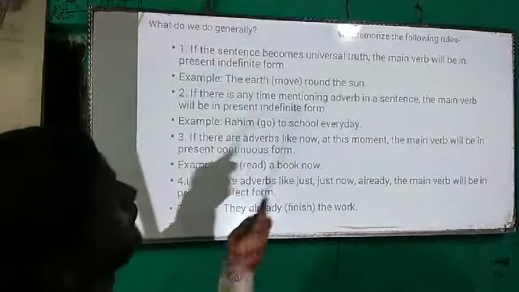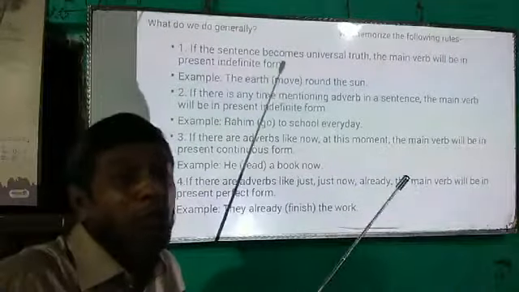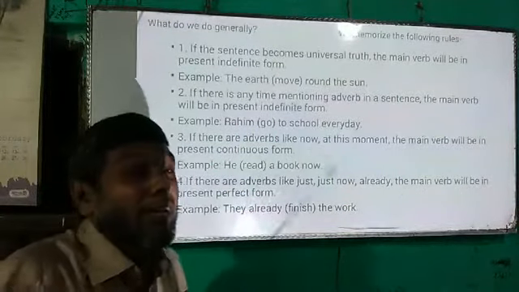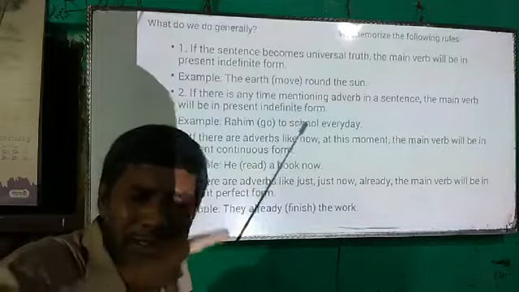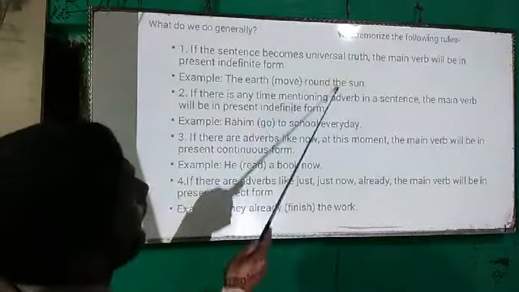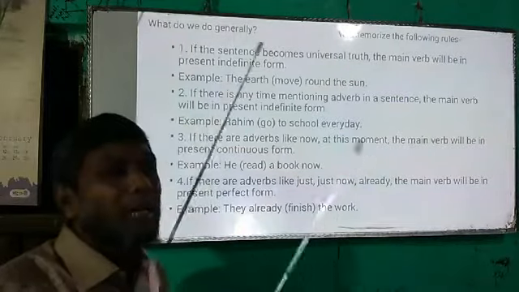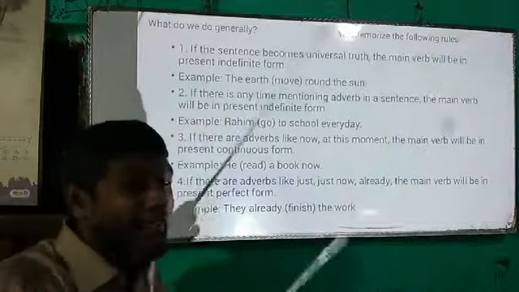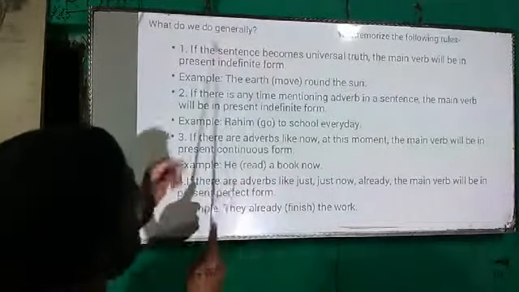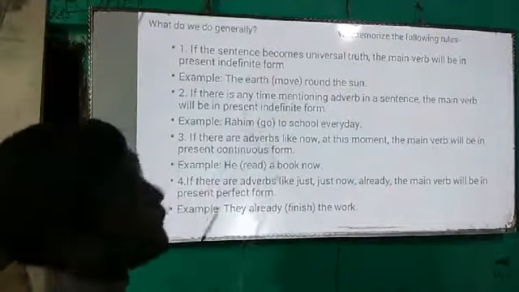If the sentence is a universal truth, the main verb will be in present indefinite form. In this way, we memorize some rules, at least 40 or 50 rules, or someone 30 or 35, or some students have memorized 70 or 80 rules, I know it. For example, the earth moves round the sun. The students memorize the rules, and in the rules there are some examples like this, the earth moves round the sun. Then when they study the rules, they say, oh yes, the earth is a universal truth, so I have to use move in present form.